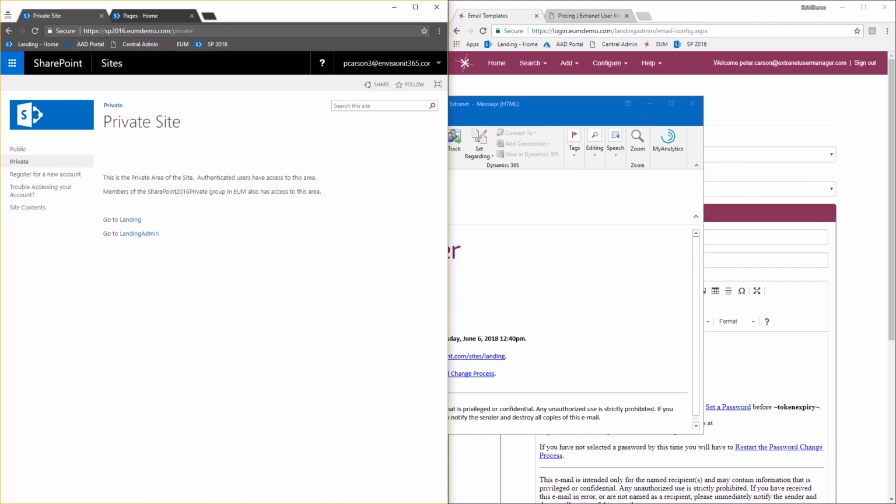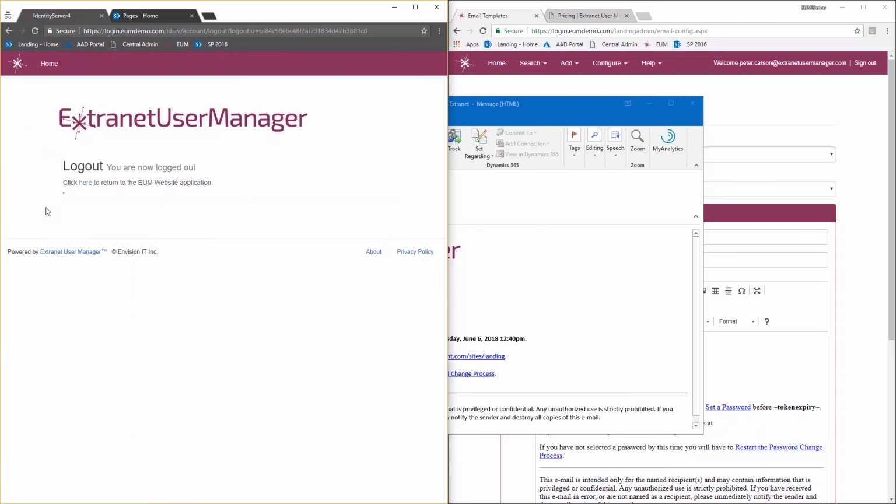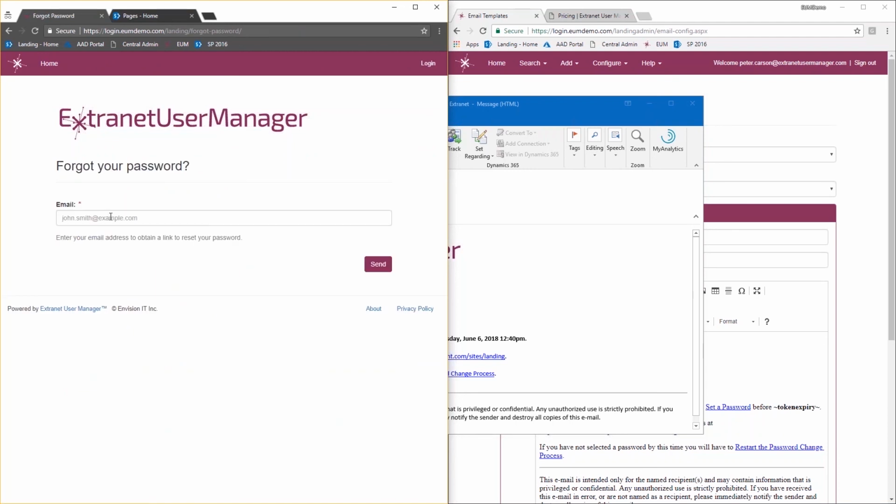So let's say I've had some challenges signing in. So let's actually come back to my home site here. I say I want to sign out. I just want to take us through the login process again. So if for some reason I'm having some trouble accessing my account, we used to call this forgot my password, but because we've got the social integration, it may not be your password that you're having problems with. It could be your social integration. Click this link here, just type in my email address,